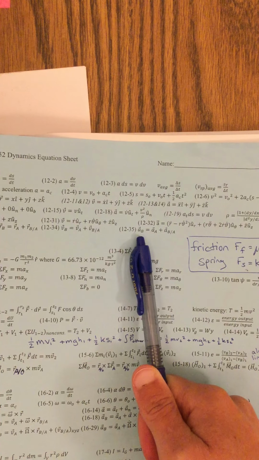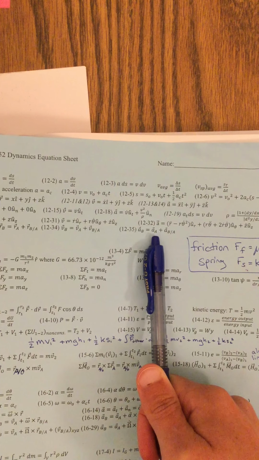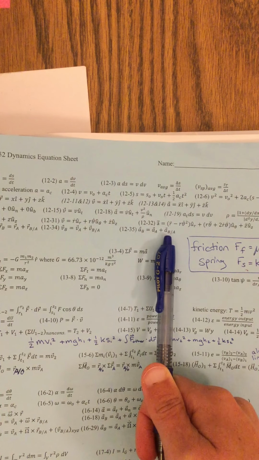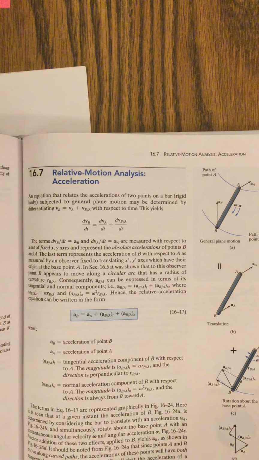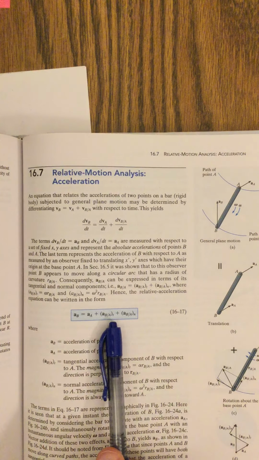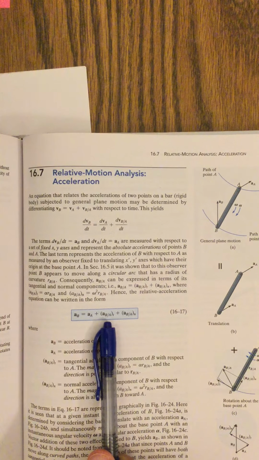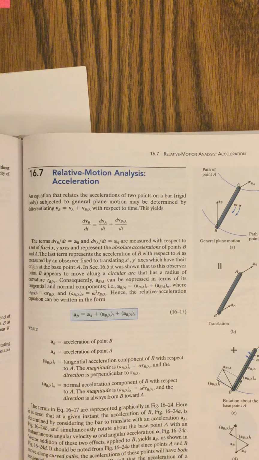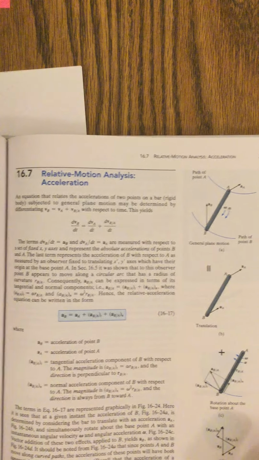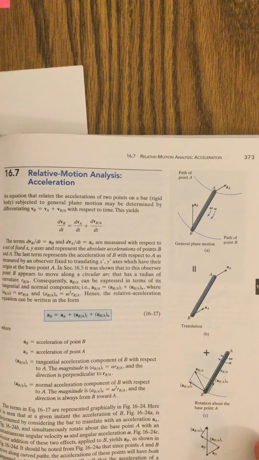This was acceleration of B is equal to acceleration of point A plus the acceleration of B with respect to A. So we're starting off with this equation, and we're going to take the acceleration of B with respect to A and break it into tangential and normal components. Now, the reason we're doing that is back at the beginning of this chapter, we talked about two different